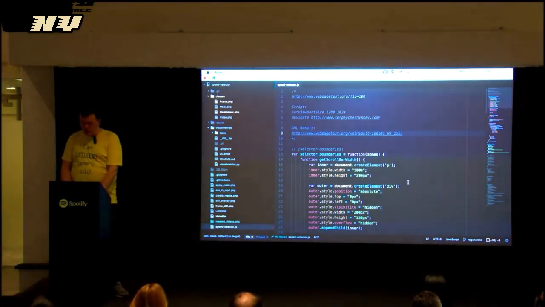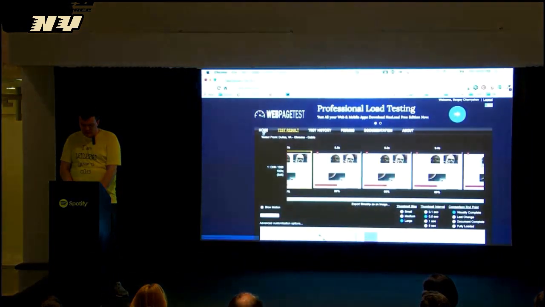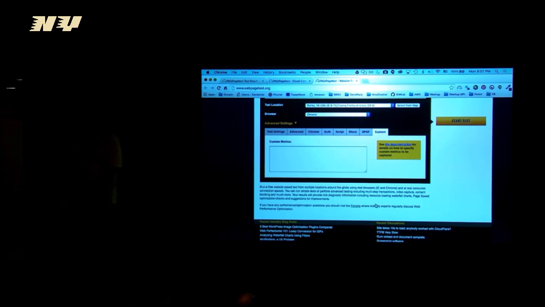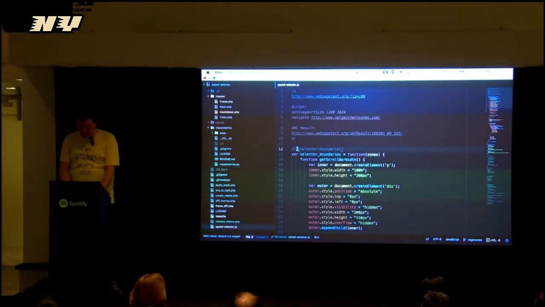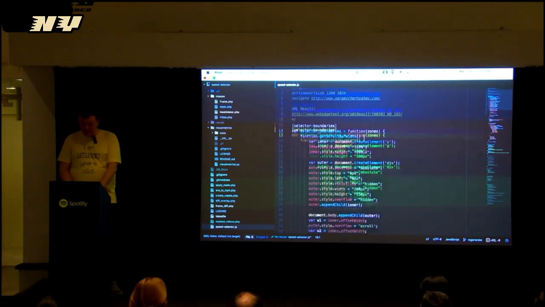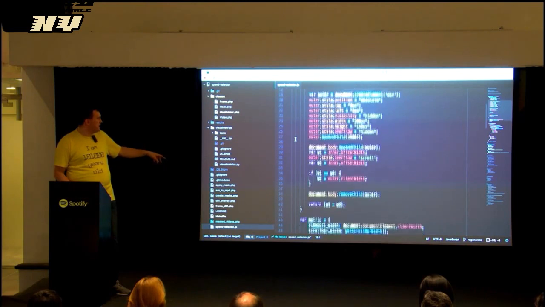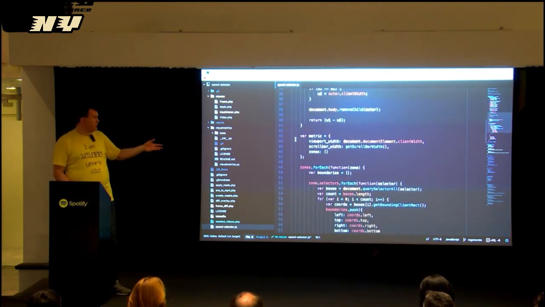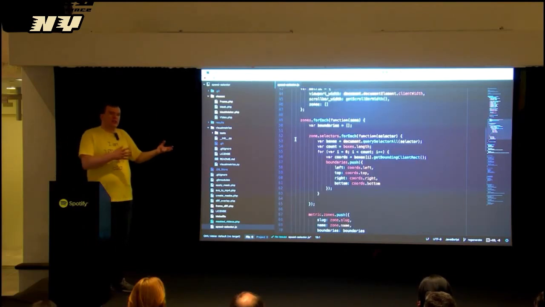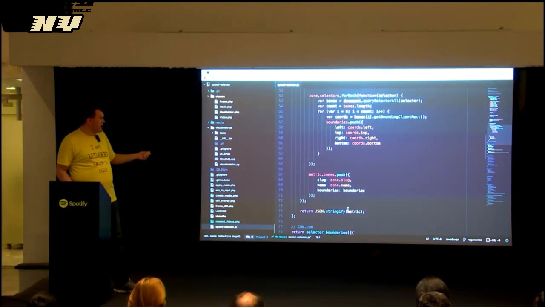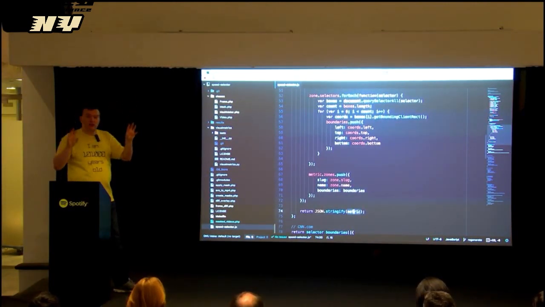So if you go to WebPageTest, let me show you, let's say, here, and you go to Custom Metrics tab, and you paste this script that I will make available that will start like this, right? This is the name of the metric, right, over here. And this is the function that goes and calculates things. And it's actually very simple. It calculates the overall screen size, and then it goes through the areas that I defined using CSS selectors and says, hey, where did that area end up at the end of the test, right? And it just collects all that data and returns that value as an array of those zones,